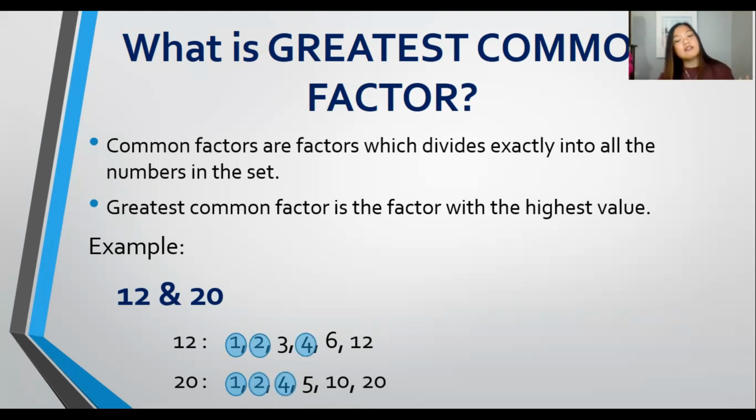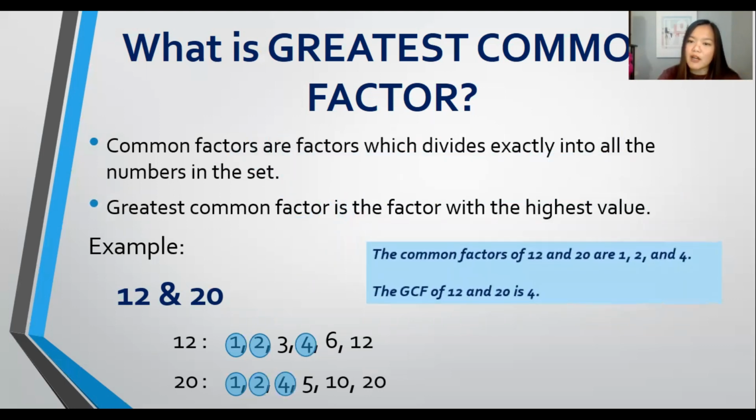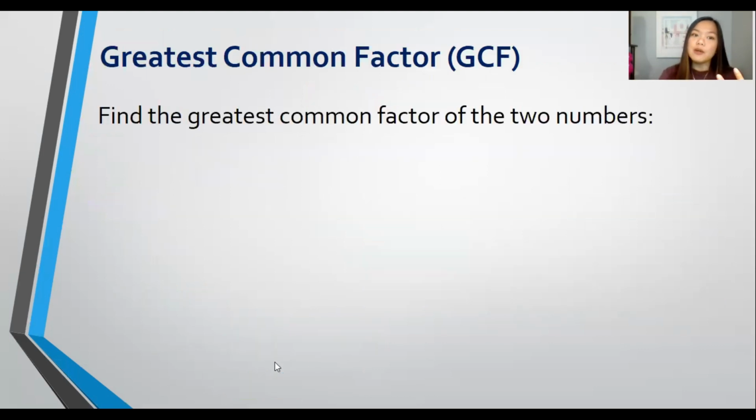So, those are now the common factors of 12 and 20. The common factors of 12 and 20 are 1, 2, and 4. And their greatest common factor is 4. Yung pinakamataas yung value. When you say greatest common factor again,